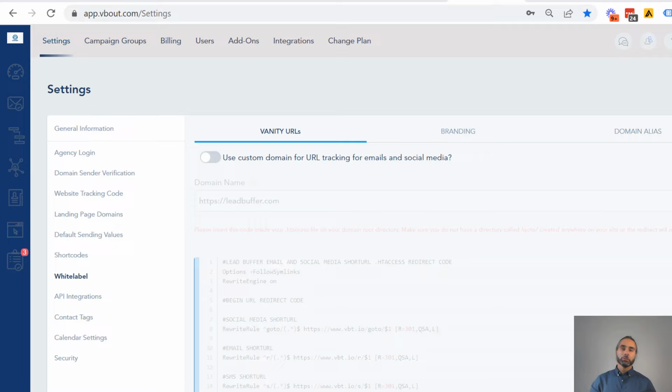Most systems that you use when you are launching an email campaign, newsletter, setting up automation, mass SMS, whatever it may be, they swap your links that you include with their own trackable link. It could be just a random URL that they use just for the purpose of tracking. Now, in Vbout, we use the same method, but we do allow you to change those URLs to include your brand. If you're an agency and you would like to do that, navigate to your settings, white label option, and under the vanity URL, activate this option.